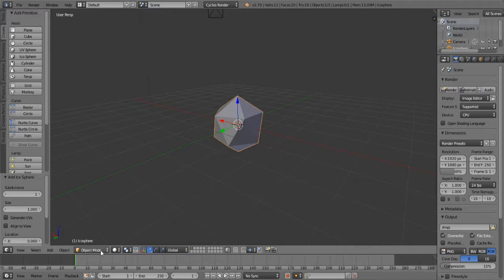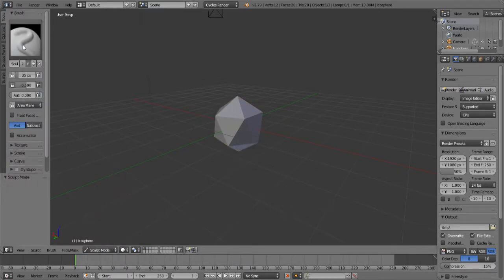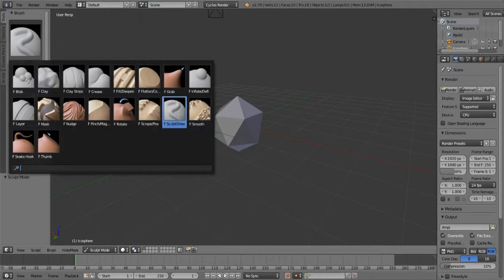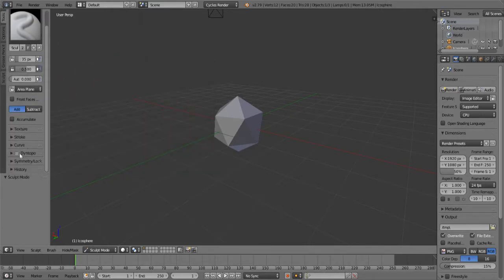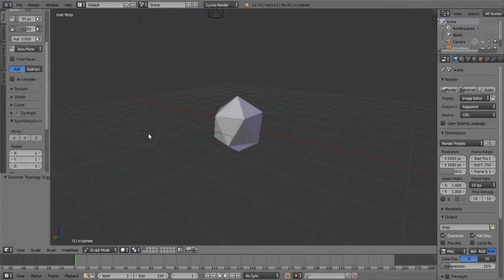So what we're going to want to do is go down here to object mode and select sculpt mode, okay? It should automatically be on sculpt draw, but if not, just click X or go up here and choose sculpt draw. Go down here to this dino thing. It's dynamic topography. It basically makes more polygons as you're sculpting. Click that. Make sure symmetry lock is off, unless you want to make a very symmetrical rock, but I don't